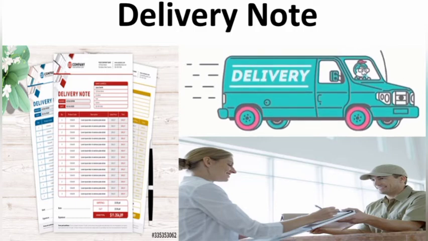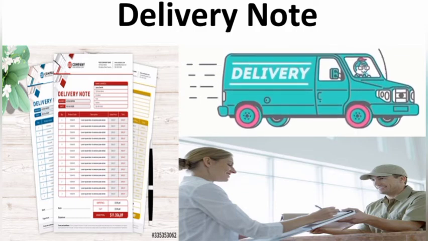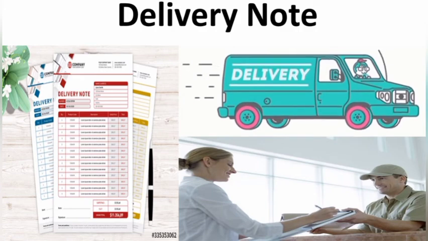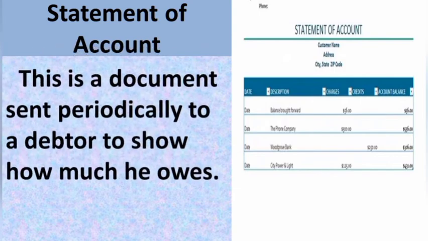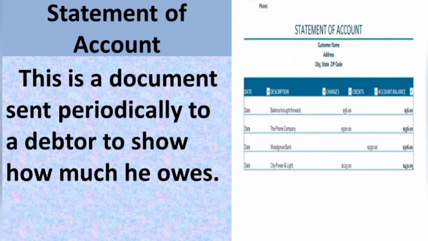All right, then we also have the statement of account. The statement of account is sent periodically to a debtor to show how much he or she owes. This is sent to remind the customer of his debt so that he or she can make arrangements to pay. All right, then we are going to look into